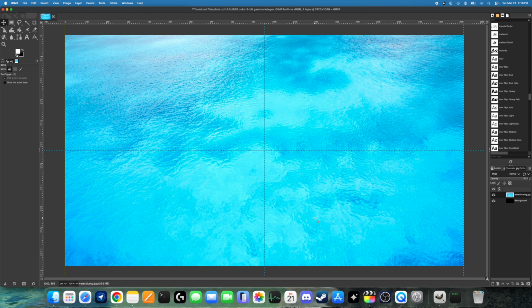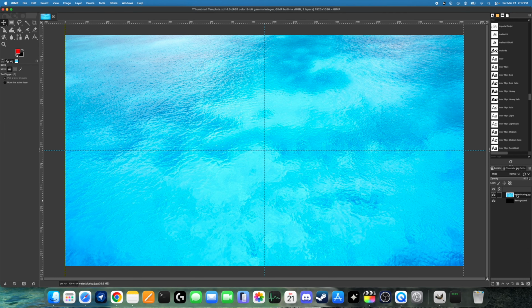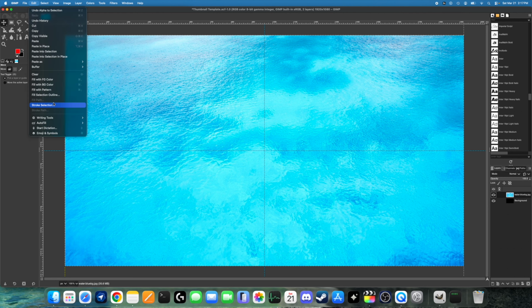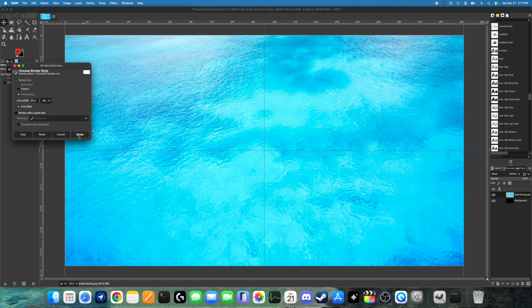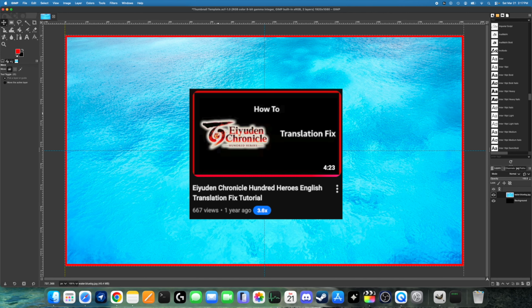Actually, I just remembered a use for the stroke selection tool, and that's if you want to make a border around the actual thumbnail itself. So to do that, first you'll pick your color. This is a blue background, so let's just do red. Make sure you're on the background layer, right click, Alpha to Selection, go up to Edit, Stroke Selection, pick your width, and then hit Stroke, and then you will have a border. I don't think I've used this in over a year, so I kind of forgot about it, but anyways,